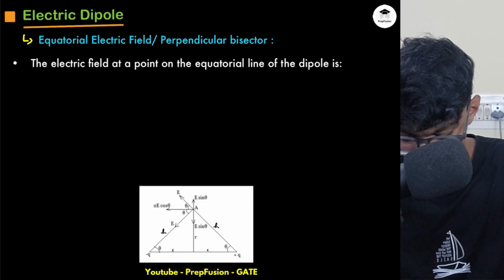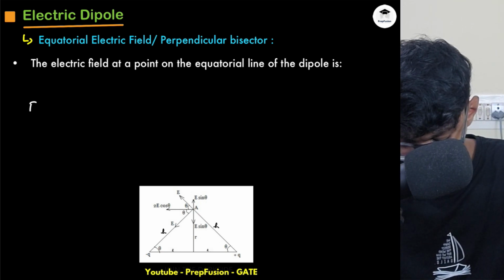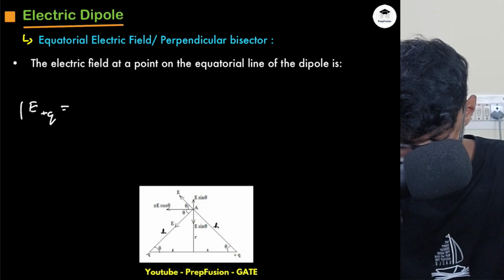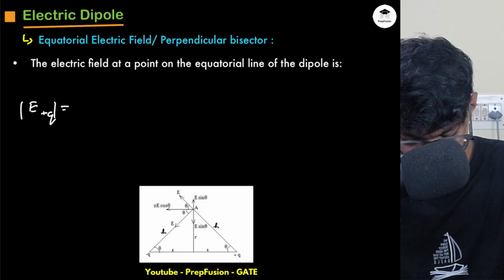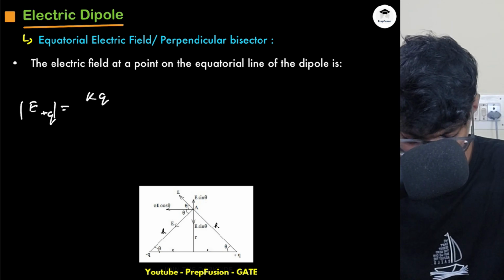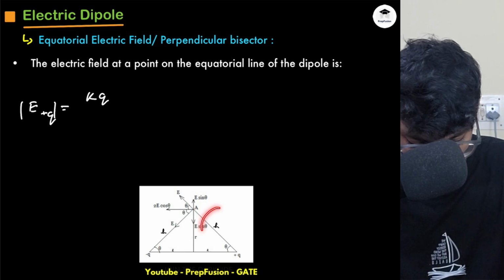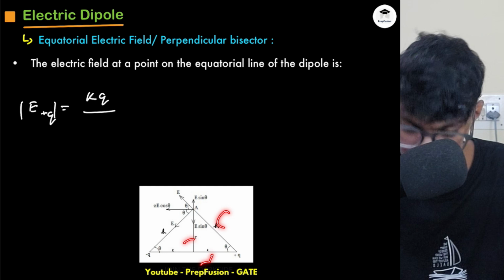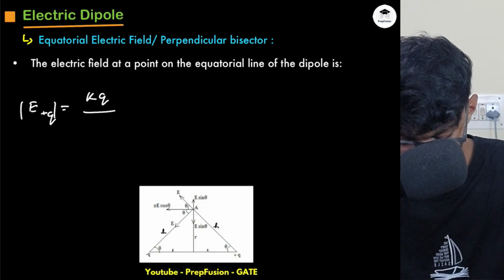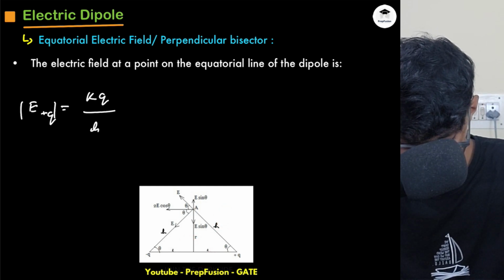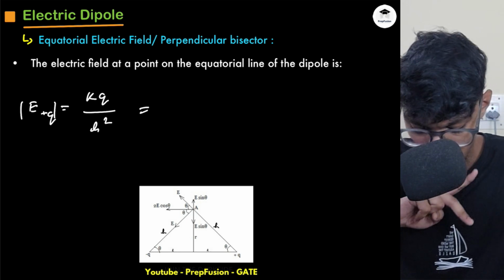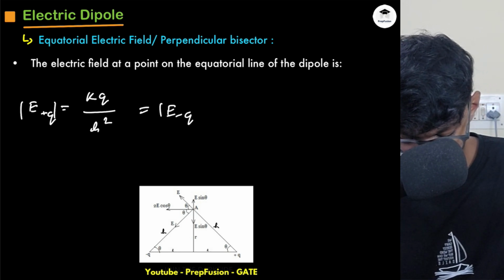The electric field due to plus Q, I am talking about magnitude now, is simply KQ divided by R square. Here R is simply H, the distance is H, and I know what H is. H is basically R square plus small l square. So H square, and the magnitude of electric field due to the negative charge is again